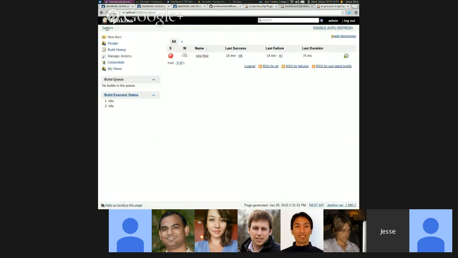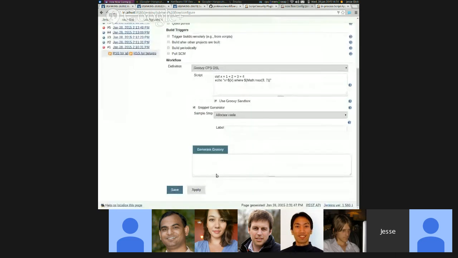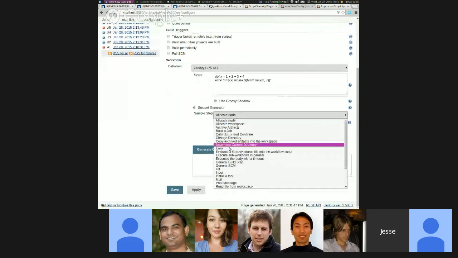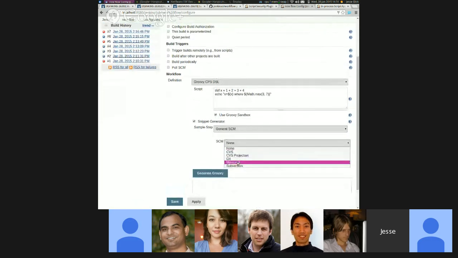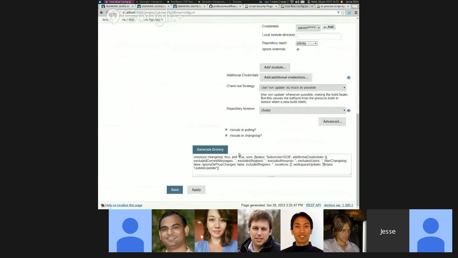So on that topic, in a workflow, if I am checking out source code from SVN, for example, can I use a credential plugin to authenticate to SVN? Yes. So if we go into snippet generator and select an SCM such as Subversion, then you would be able to pick some kind of credentials here,